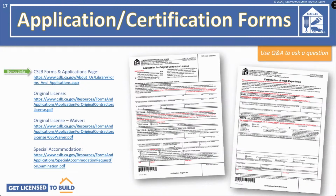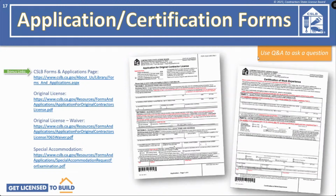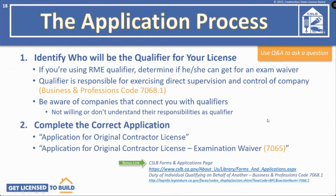Okay, now let's break down the steps to the application process. First, identify who will be the qualifier for your license. That person will be responsible for exercising direct supervision and control of the company. If you're using an RME or a responsible managing employee as your qualifier, determine if he or she can qualify